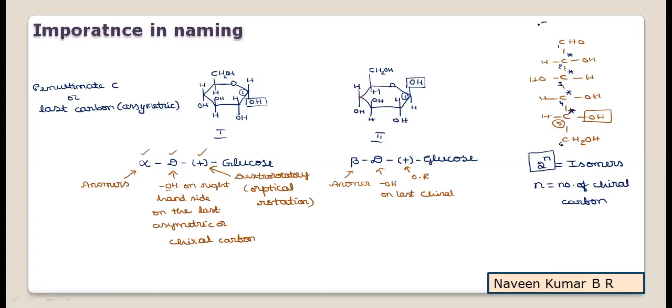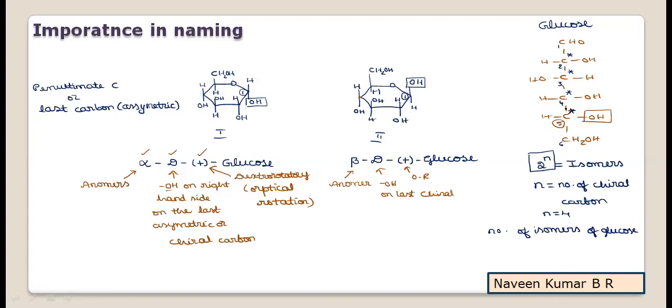Hence, in glucose there are 4 asymmetric carbons. So the number of isomers of glucose is, again, a very important competitive piece of information. It is not there in the NCERT text. Just observe the information as you are learning the structure; it will help you remember.